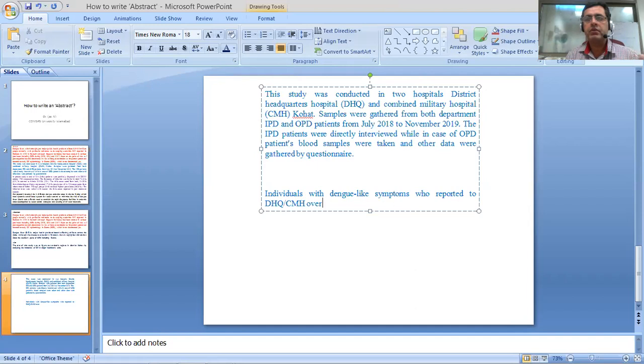So I would just write over a period of 16 months. Okay, I can give these dates that he has given there: 2018 to 19, for instance. Okay, you can give the months or something. I'm just simply describing it. So I would be using these shortcuts or abbreviations. Okay, over a period of 16 months